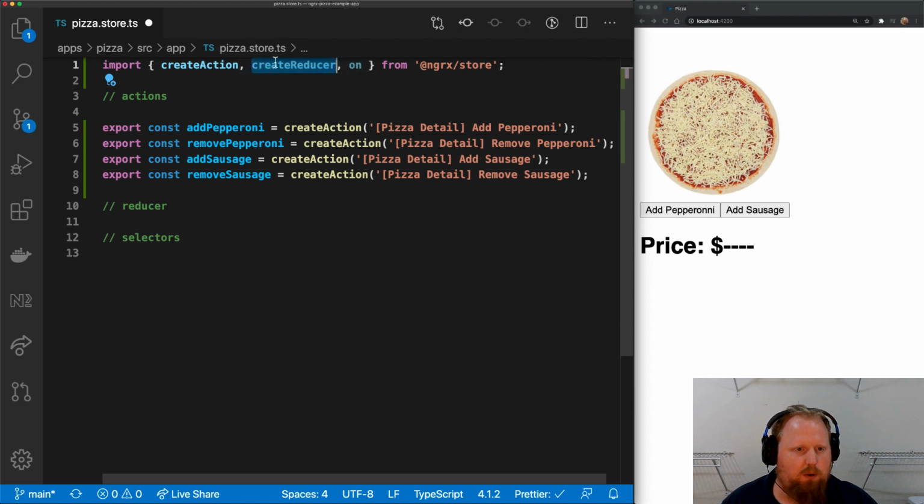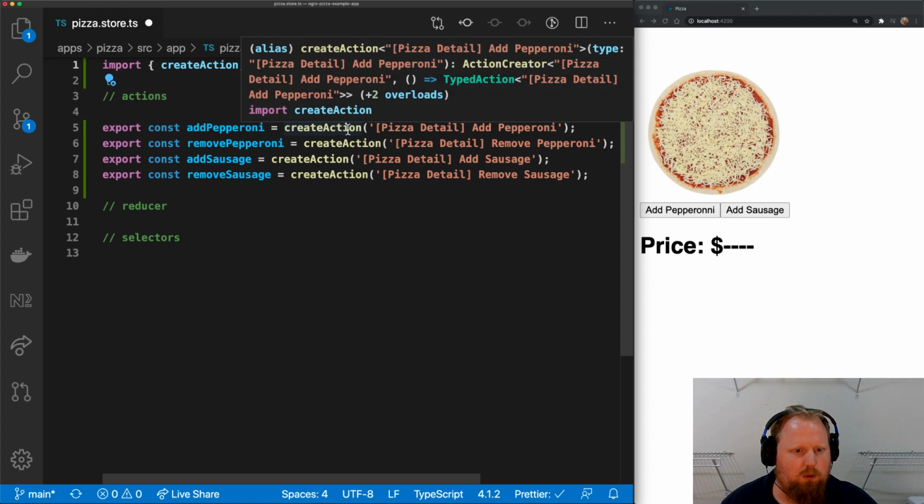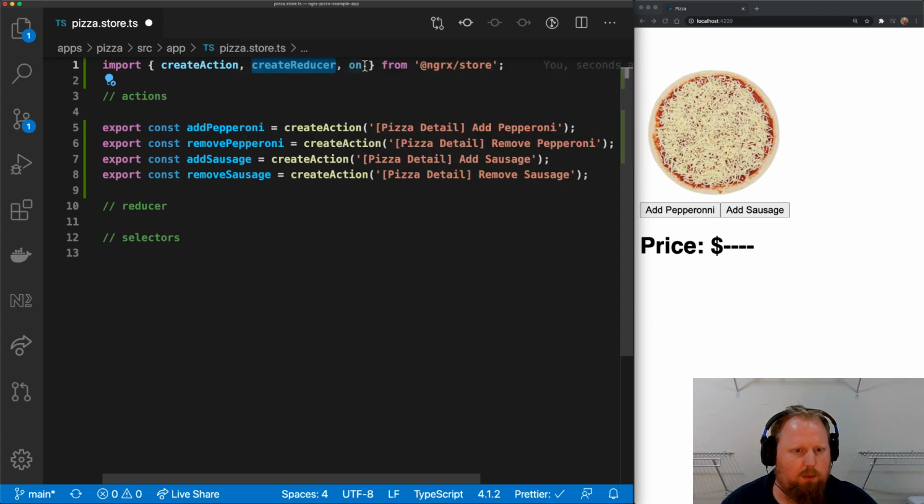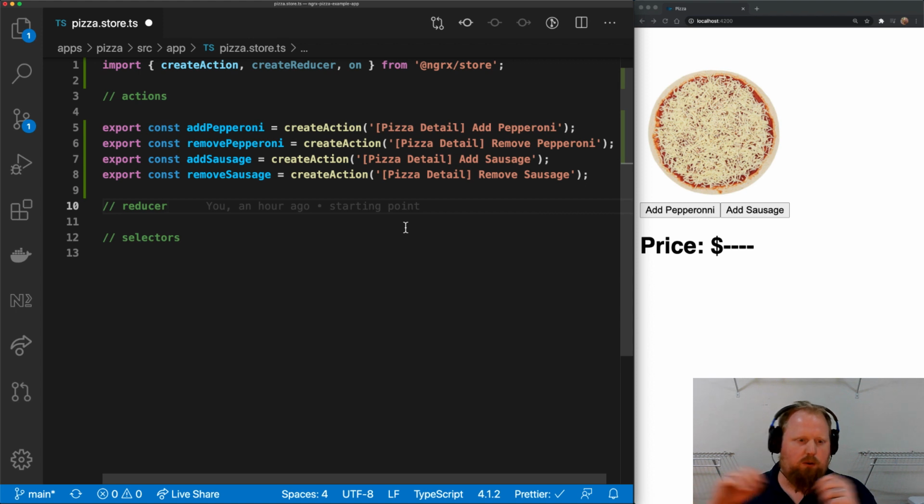First is create reducer. We'll use this very similarly to how we use create action. We'll see that in a sec, and we'll import this on factory function. We'll see how that's used in just a sec. So the idea for our reducer is as our user goes through and causes some of these actions to occur,